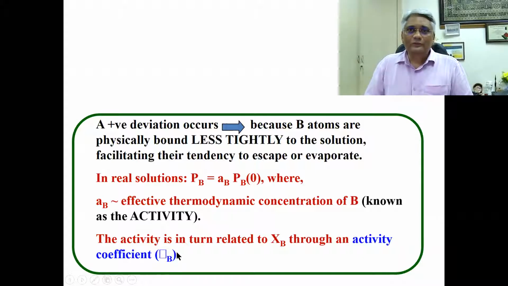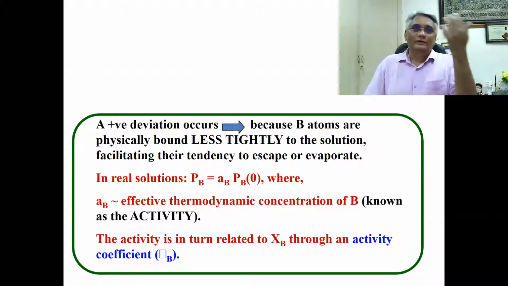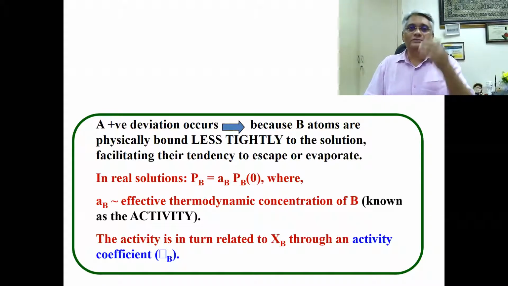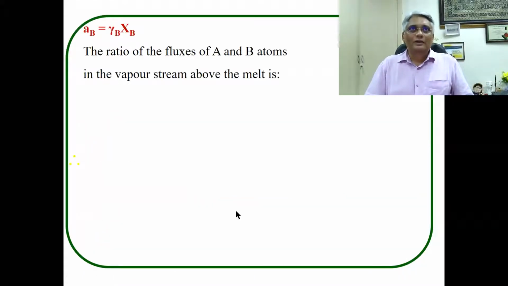So the activity coefficient is gamma B. You have the effective thermodynamic concentration of B, which is the activity, and this activity is in turn related to XB through an activity coefficient, which also means that each element has a different activity coefficient because of the differences in mole fractions, the differences in melting points, hence the differences in the vapor pressures. So this AB is equal to gamma B,